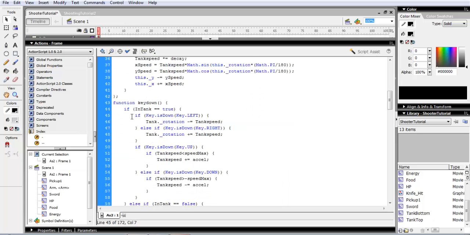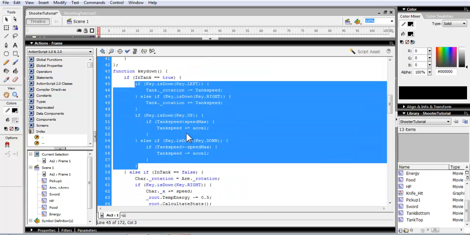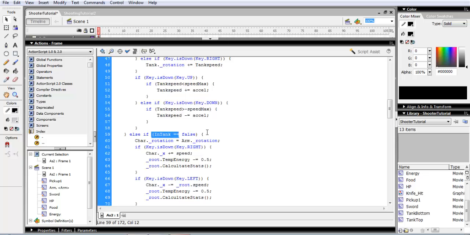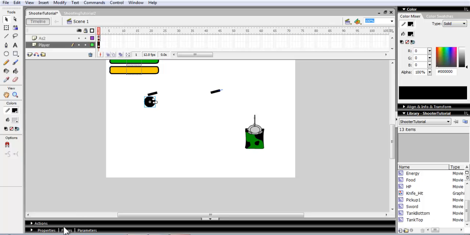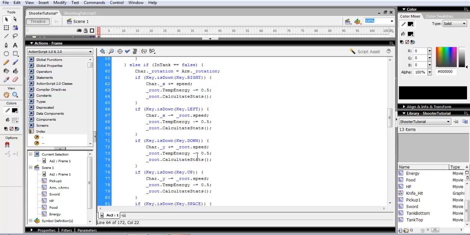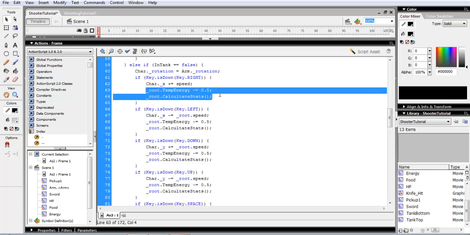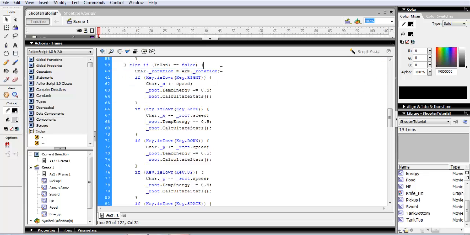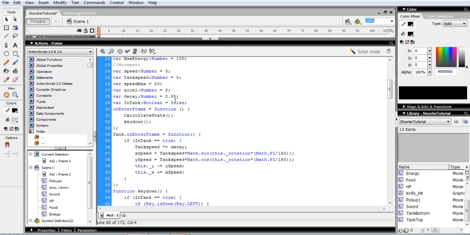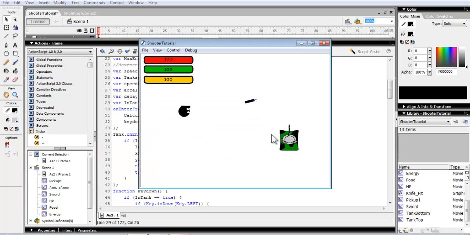So if you're in the tank, these are the tank commands, what moves the tank, this little bit, and these change the values for moving the tank. But if you're not in the tank, basically the code that was in here for moving the character goes under here. So gun switch and that, and if you press up, right, left, move the character left, move the character right, minus the energy, arm rotation, tank equals false. We'll have to do a bit of changing still. So you can move the person like normal, and if tank equals true, it means you're in the tank, so we'll change that. If you go next to the tank, you move the tank instead. Obviously it's not perfect, but